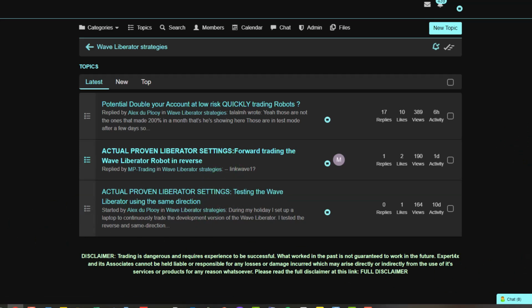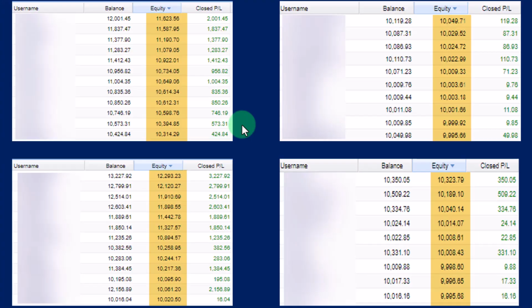And then we're going to look at number 4, to be supplied soon, because these are brand new robots and they've been adjusted quite a bit, so they do not have historical data. And what we are doing is we are forward trading on demo accounts a whole lot of strategies that are pretty good and will be available in about 3 weeks time. We can't supply these settings now because they are being tested, but certainly in 3 weeks time we will supply some of these settings that are generating